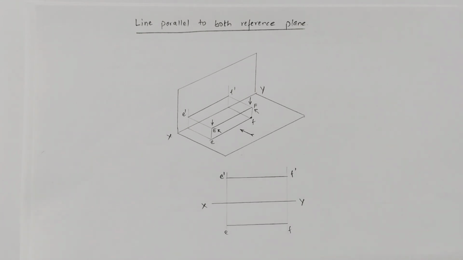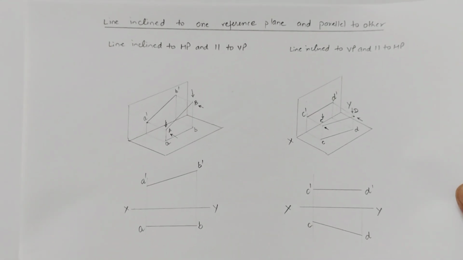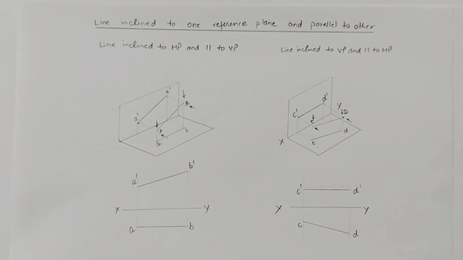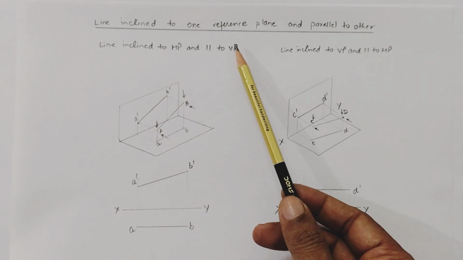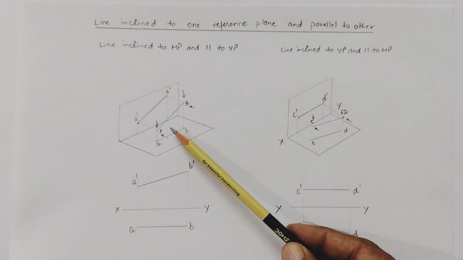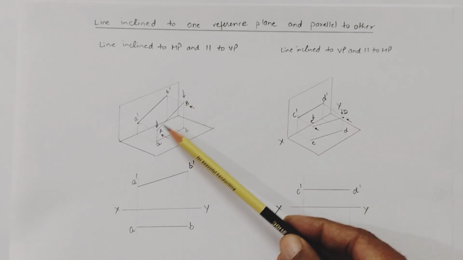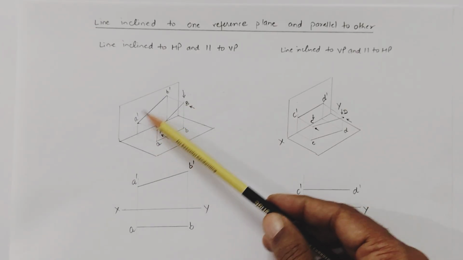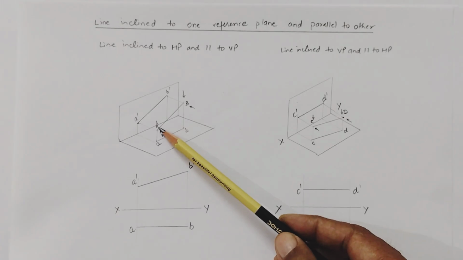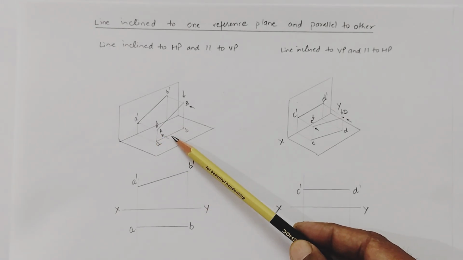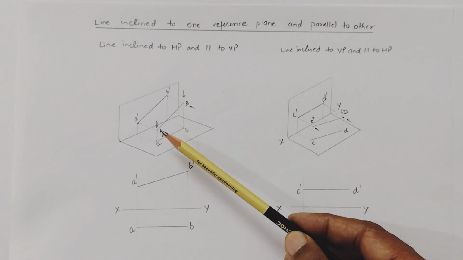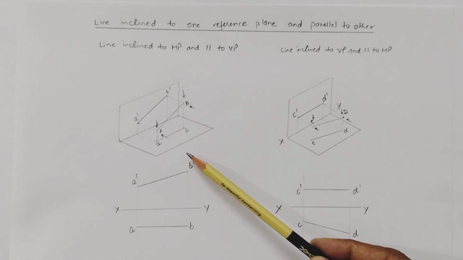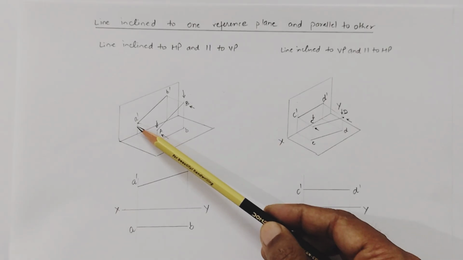Next case may be a line inclined to one reference plane and parallel to the other. Let us take the case of a line inclined to the horizontal plane and parallel to the vertical plane. Here you can see this line AB is parallel to the vertical plane but inclined to the horizontal plane at a certain angle. When we view the point projections in the front view from this side, we get them on the front vertical plane,